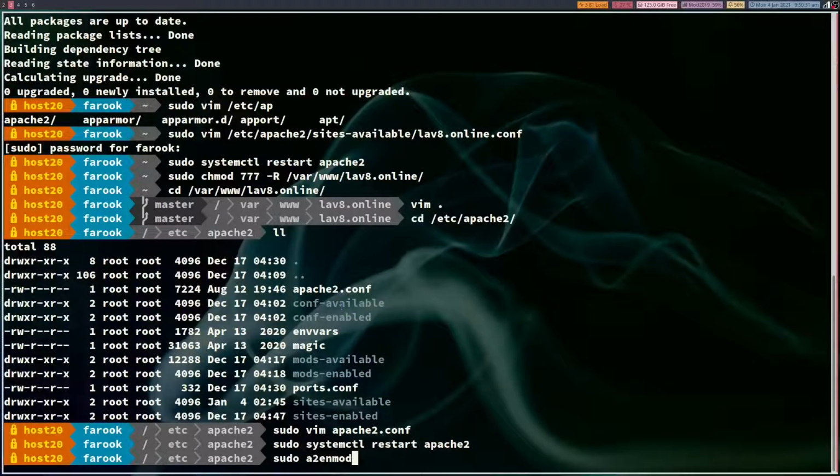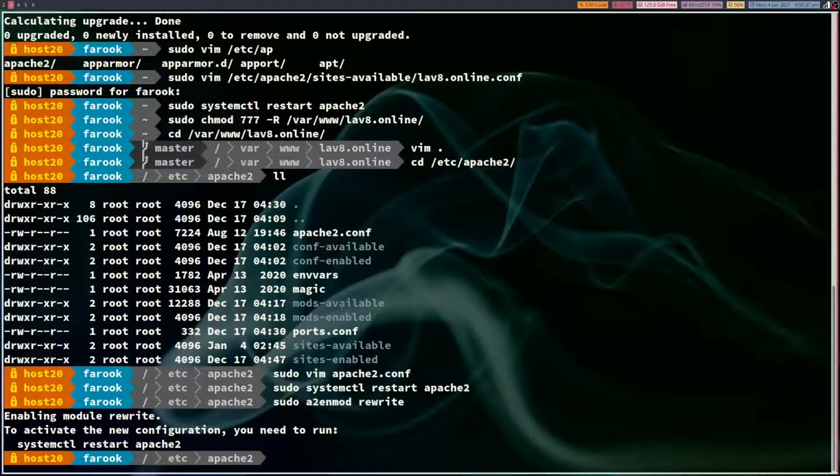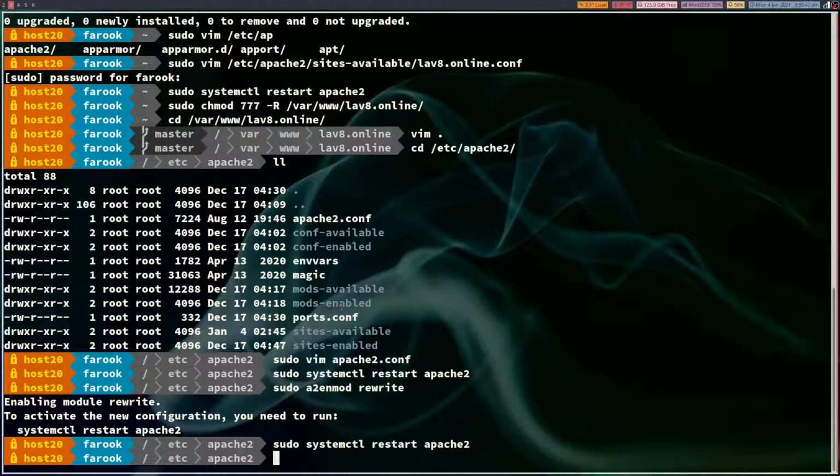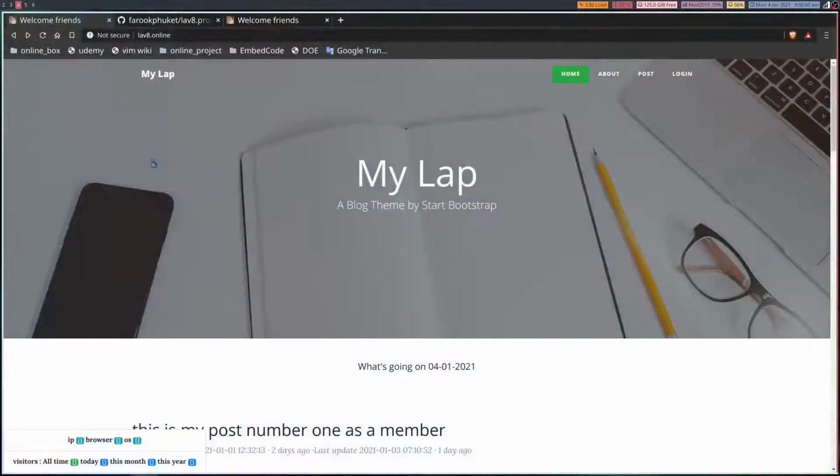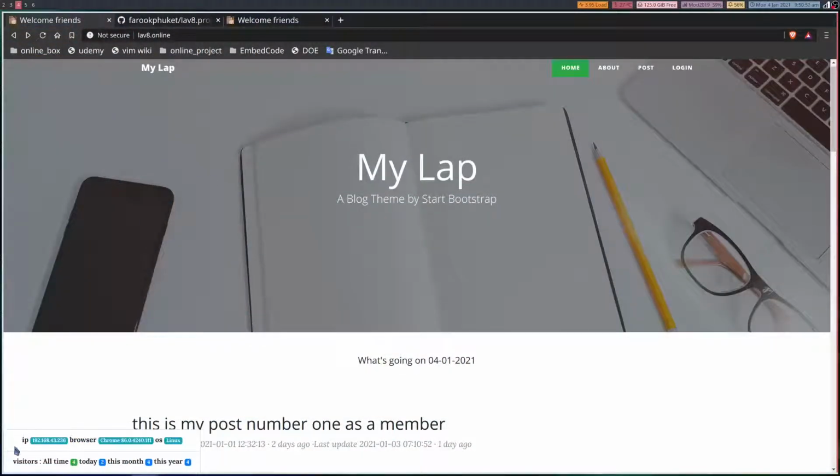a2enmod rewrite. And sudo systemctl restart apache2. Let's see if it's working now. Lab8.online. Okay,